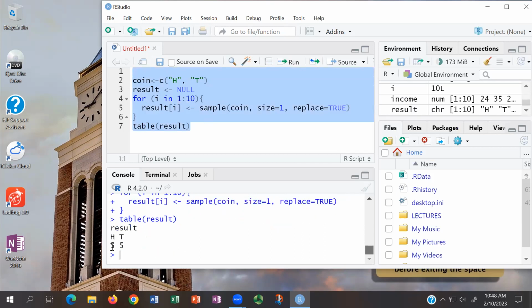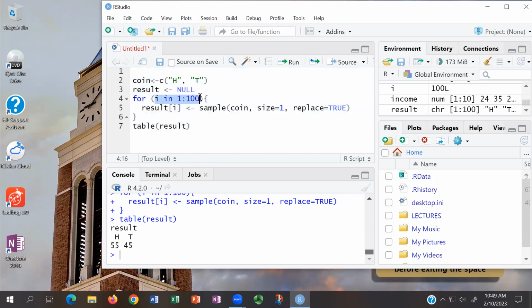All right, so it's lucky that you have 5 out of 5. Let's run it again. 3 heads, 7 tails. Let's run it again. 6 heads, 4 tails. What if I change to 100 times? So I flip my coin 100 times. 56 to 44. Let's run it again. See another 100 times. Say another student flipping it. 55, 45. What if I run it to 1,000 times?